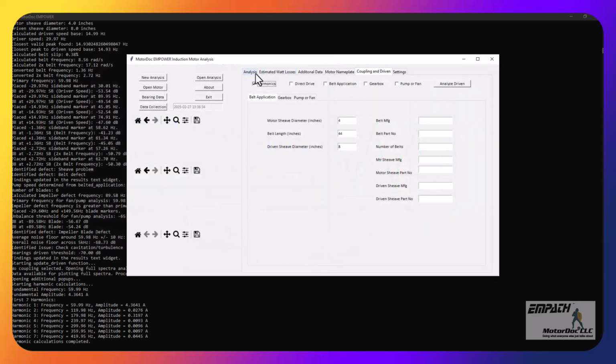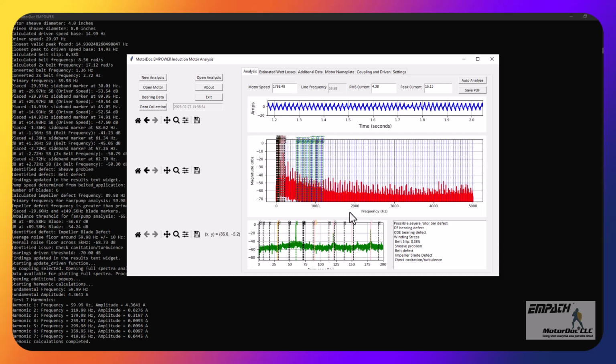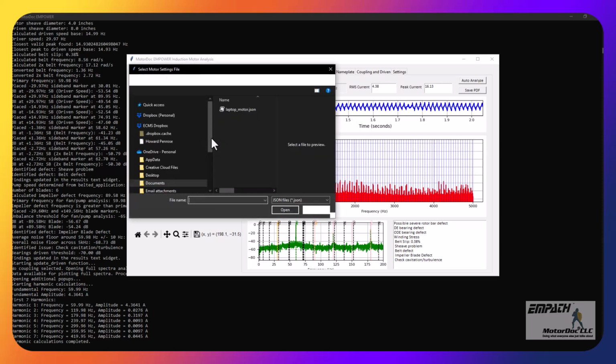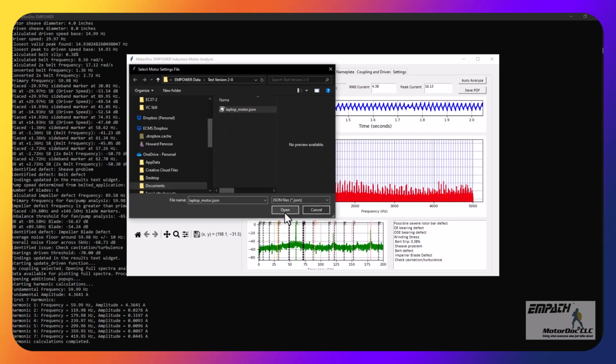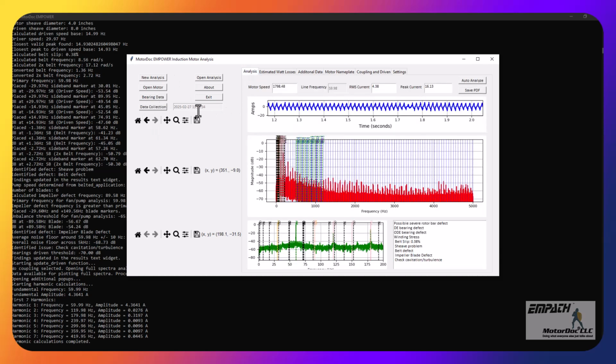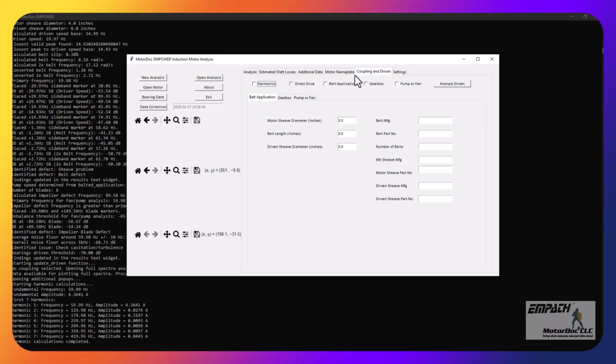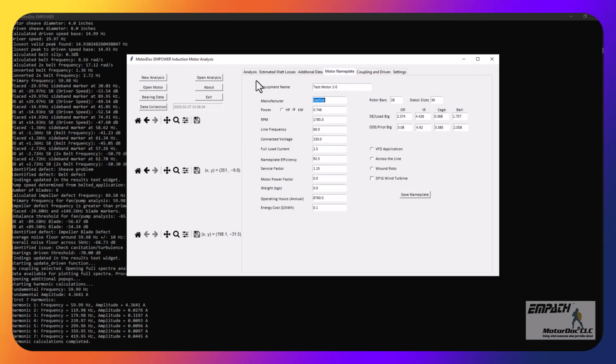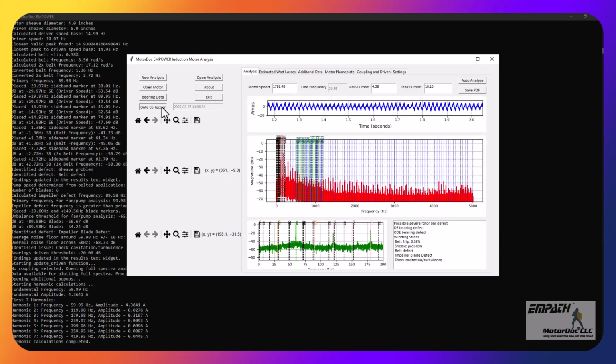Now, next function is if we have this all set and we're going to collect new data, I don't have to start from scratch. As soon as it starts analyzing, it's going to replace everything. I can open a motor and select it. And that motor nameplate will update in here. And then I can perform the new analysis. The other thing I can do for collecting data is make sure I have that nameplate data open and everything's checked, and go to data collection,